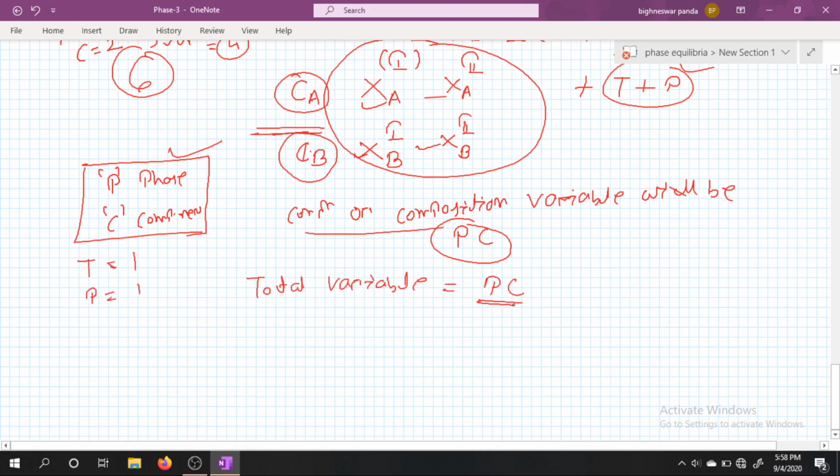Why 2? 2 is for temperature and pressure. So total variable will be Pc plus 2. But all the Pc plus 2 variables